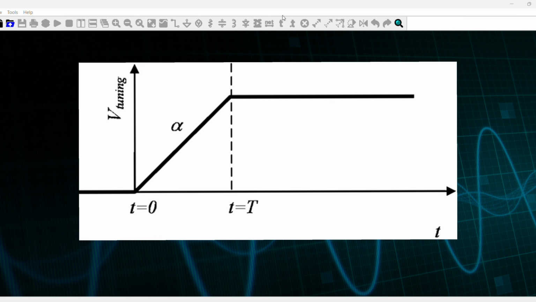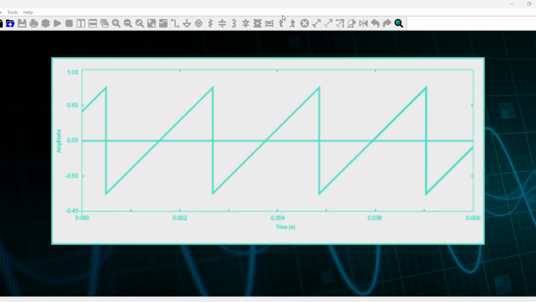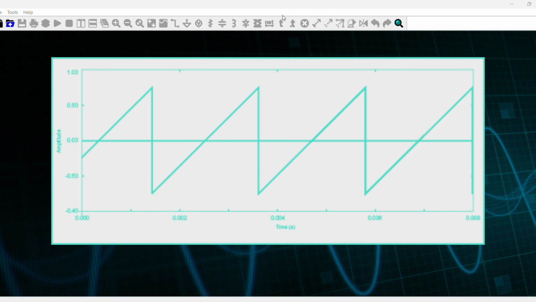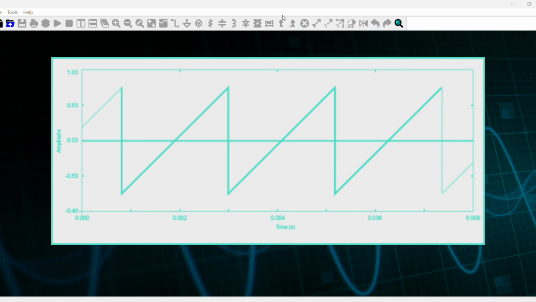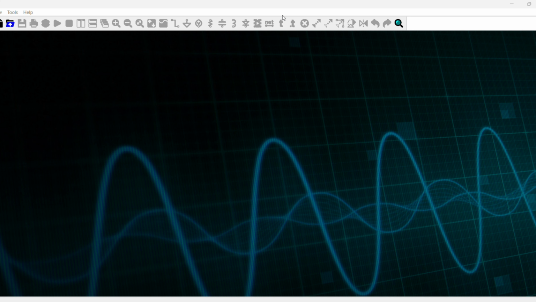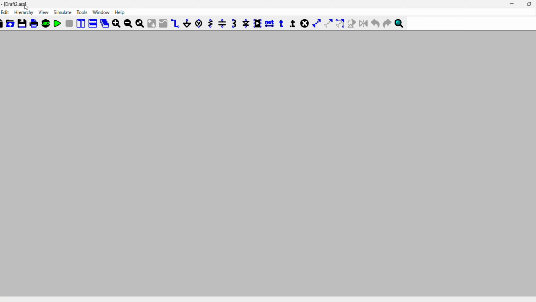So a sawtooth waveform is nothing but a ramp up and down, again ramp up, ramp down, like that, a continuous waveform it should be. So to generate that, I'll tell you how to do it. First of all, I am creating a new schematic. In this, first I'll take one resistor, because we need one resistor, and then I'll take one capacitor,